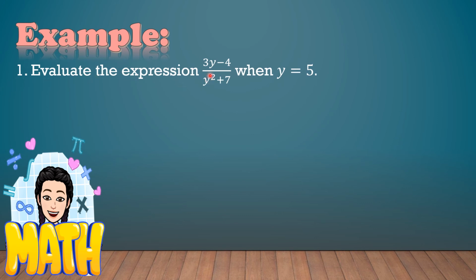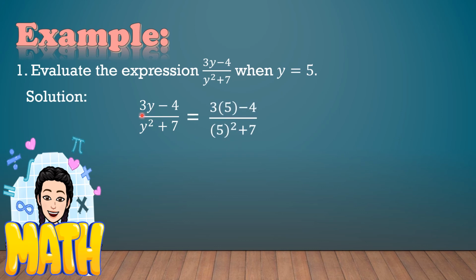Evaluate the expression 3y minus 4 over y squared plus 7 when y is equal to 5. So, sa unang step natin, papalitan natin ang ating variable na y ng 5. Kaya naman, ang 3y magiging 3 times 5, ang y squared magiging 5 squared. Then, after natin masubstitute lahat ng katumbas na value sa ating variable,